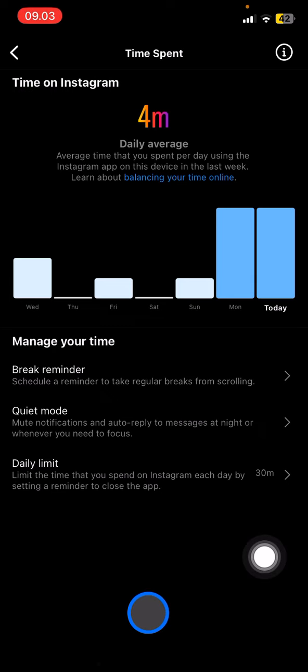So whenever you open your Instagram for 30 minutes, your Instagram will be automatically closed because the time limit is reached. So that's the way, guys, how to activate the daily limit for your